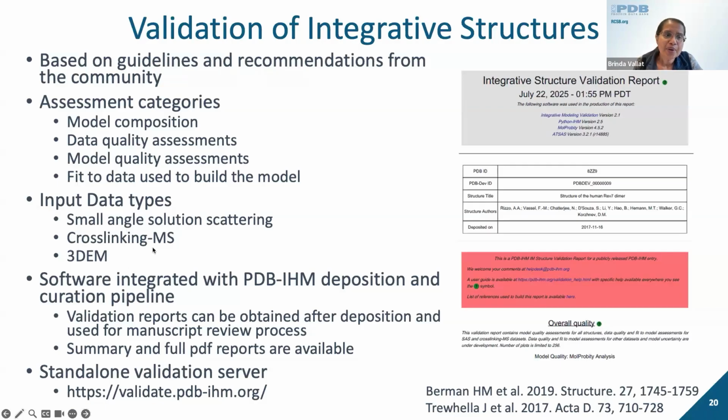The validation software is integrated into our deposition and curation pipeline. These validation reports can be obtained after deposition and can be used for the manuscript review process. Summary and full validation reports are available. And recently, we also deployed a standalone validation server where, before deposition, you could upload your structure and get a